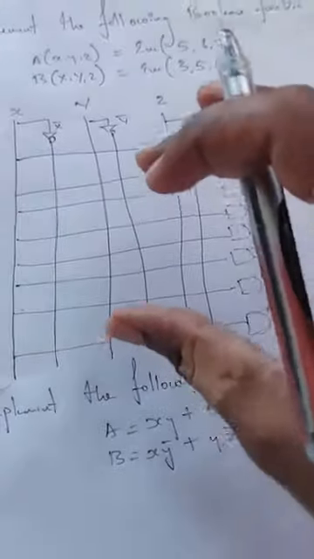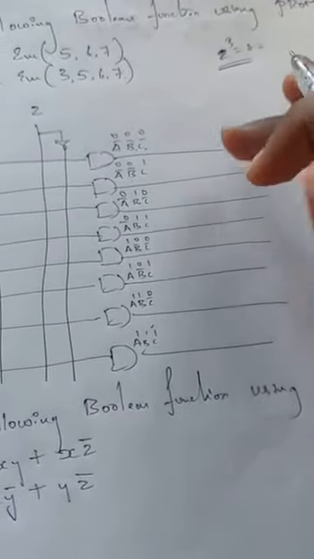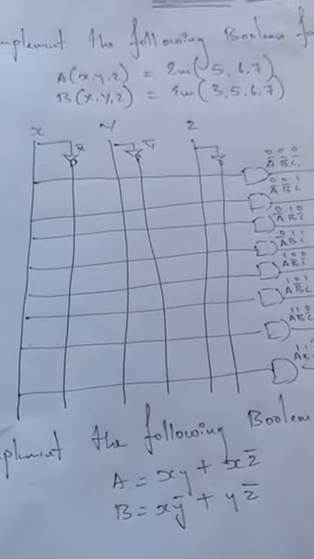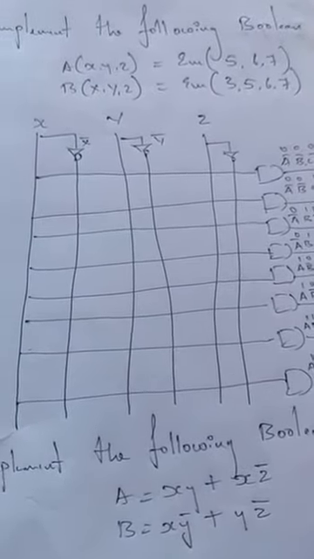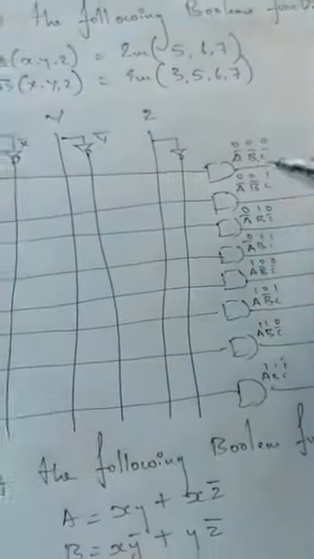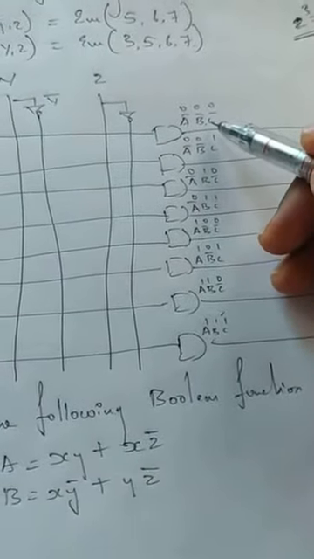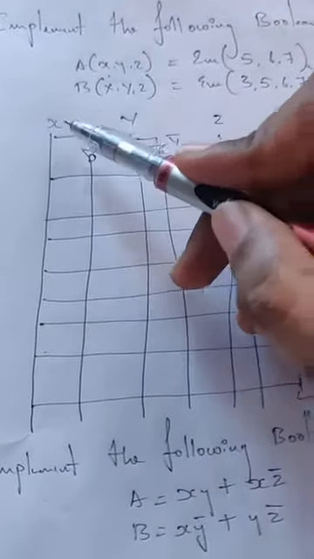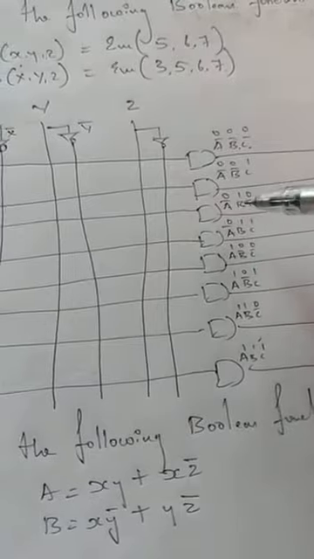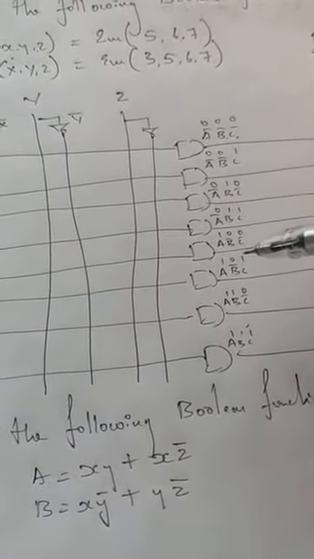So this is the fixed AND array. The OR array comes this side, that is feasible. We need to make the change only with respect to the OR array, right? So the AND array should be fixed. Fixed means we need to put dots. So we have A bar, B bar, C bar. This is actually X bar, Y bar, Z bar. Rather than writing X, Y, Z, I have written A, B, C. Don't get confused, because they have given the variables X, Y, Z. Rather than writing X bar, Y bar, Z bar, I have written A, B, C.